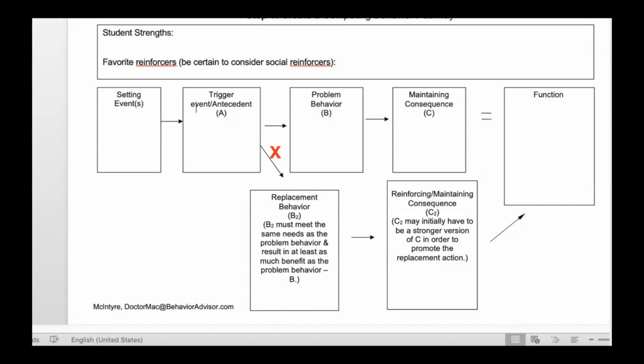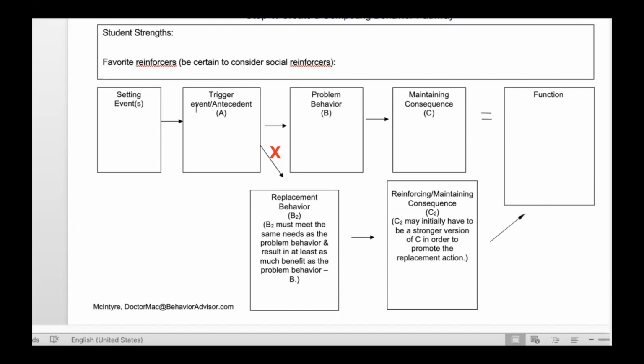What's important is that the replacement behavior meets the same function. If the student has a sensory need, and that's why the student's showing the behavior, then offering attention isn't going to work. The replacement behavior needs to meet the same function, the same drive, the same reason as the inappropriate behavior, and to at least the same degree.